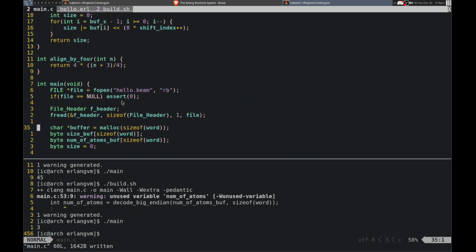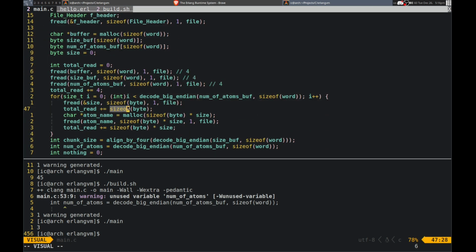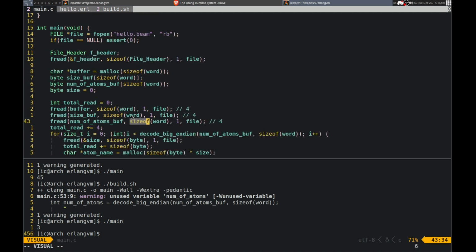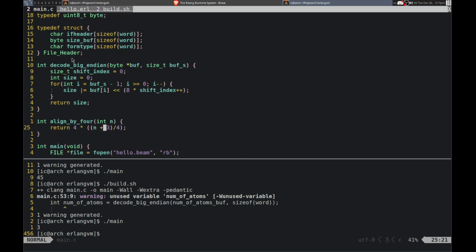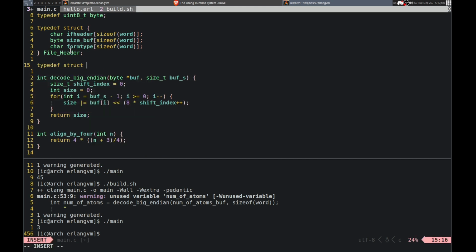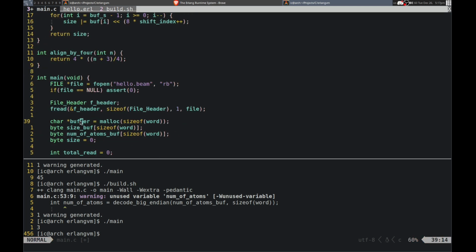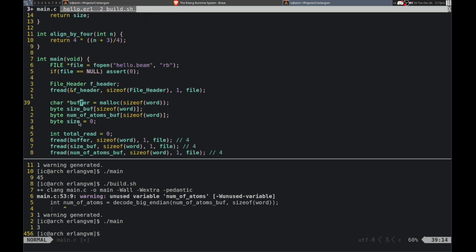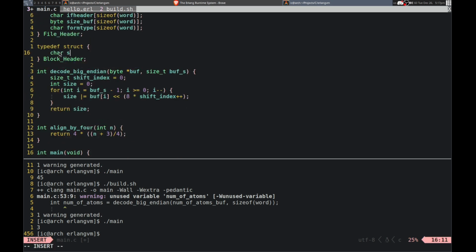So we can make a new structure for this. It does make it a bit more complicated though, since we have to use stuff based on the other information. So we can't just read it directly. But this actually is the same. Almost the same. Not quite the same. So yeah, it's not quite right. So for now, I think I'm just gonna make it block header. And then I will put these in here. And I think that we can reuse them. So we need the name, let's see, the size buff, and then the number of atoms buff. Okay. Name, which is size of word string.